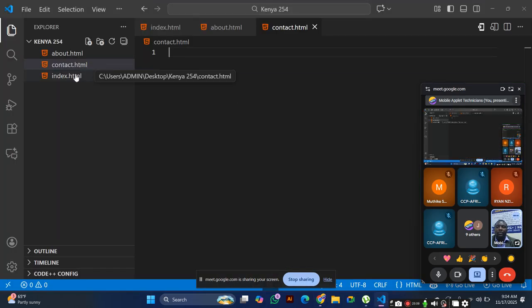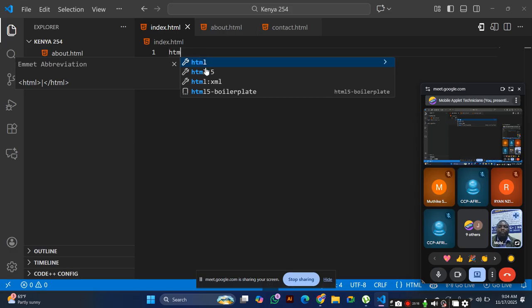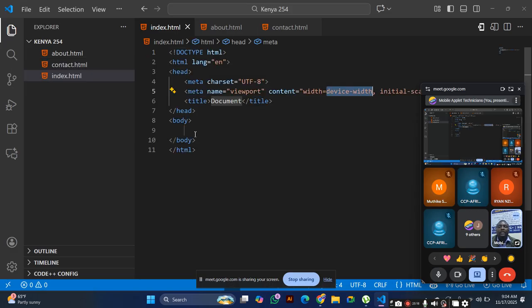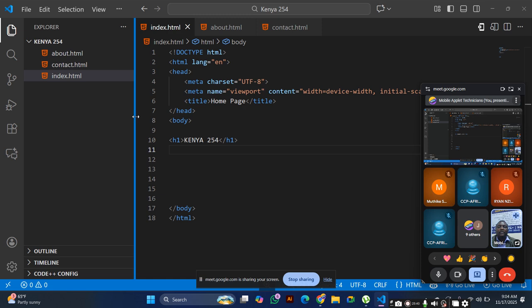So you're gonna come to your index.html and then generate the boilerplate template, and then maybe change the title here to home page. Now come to your body and then you create your H1 and type Kenya 254.